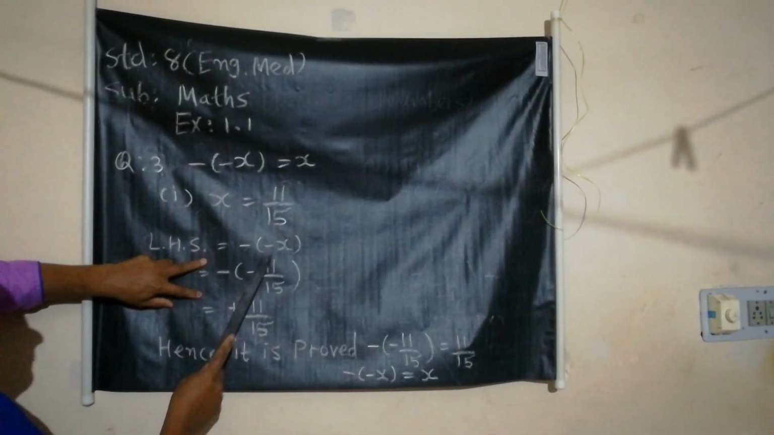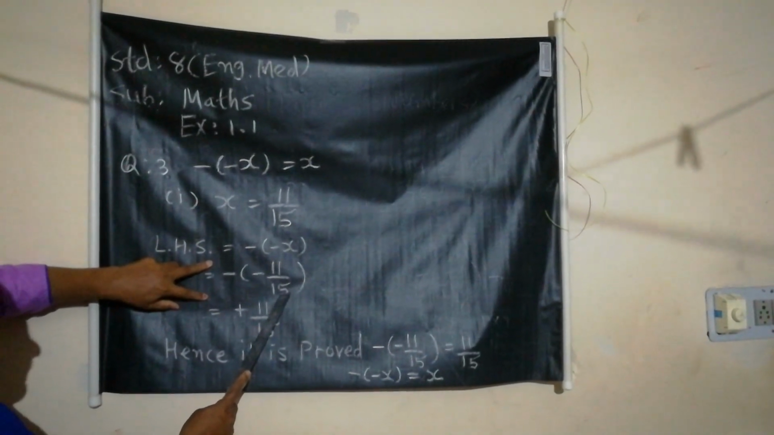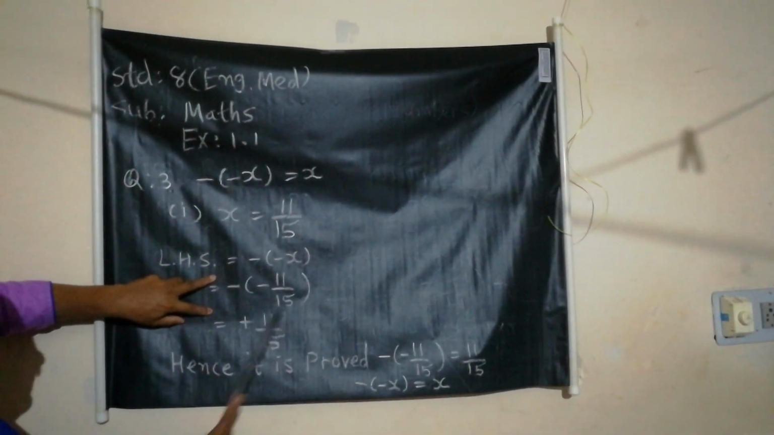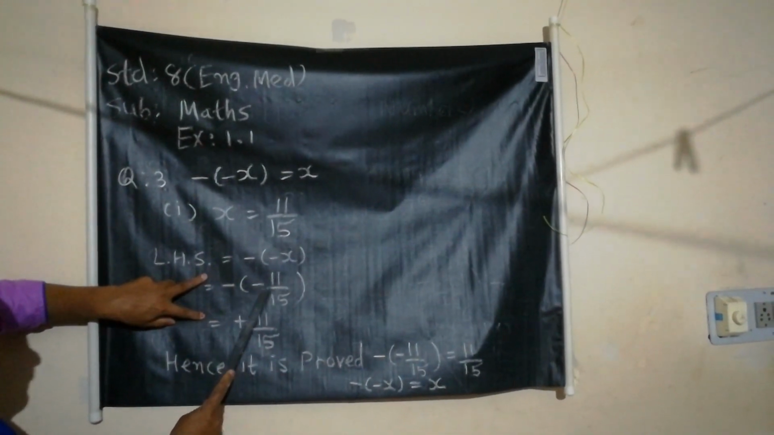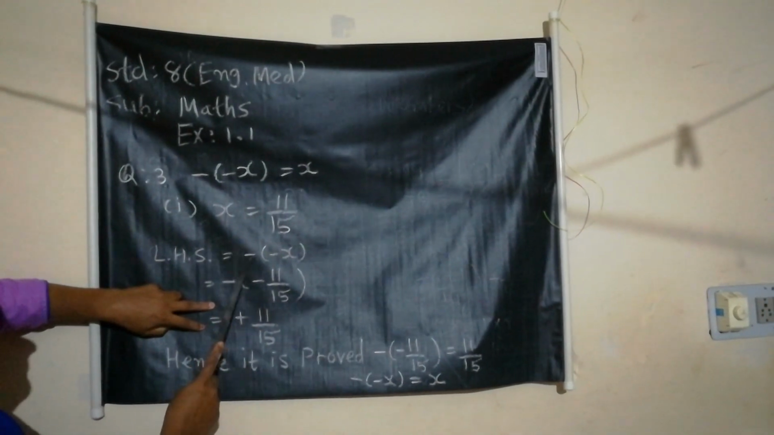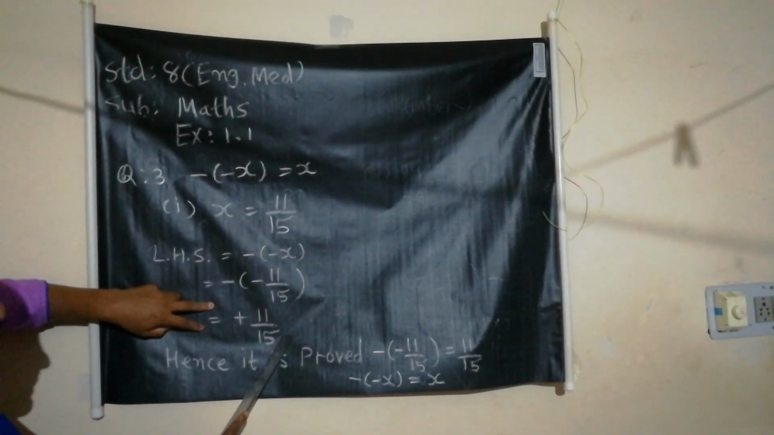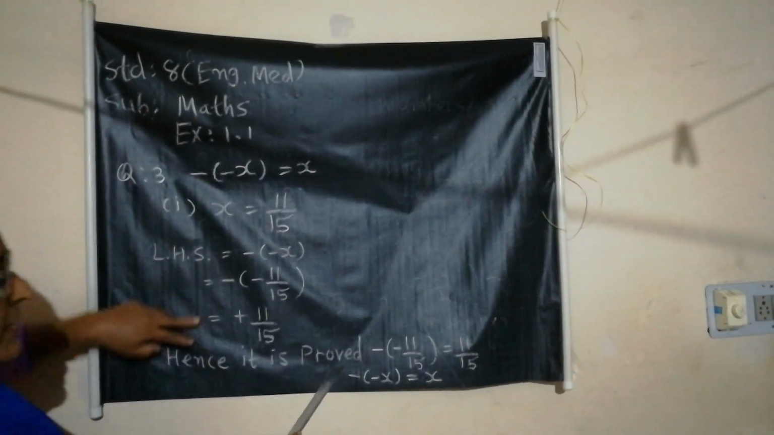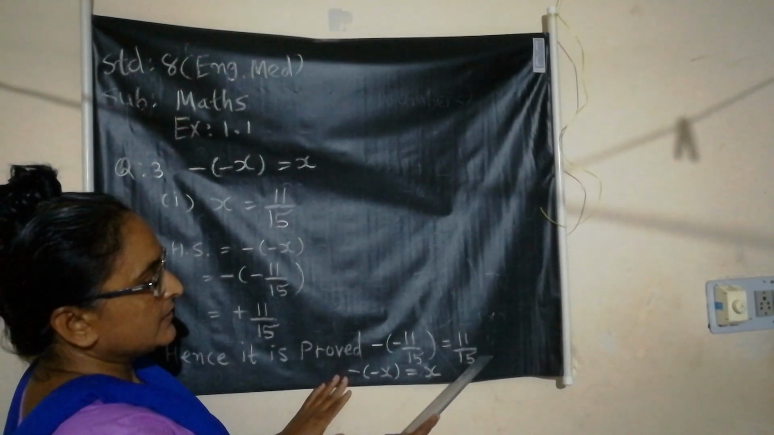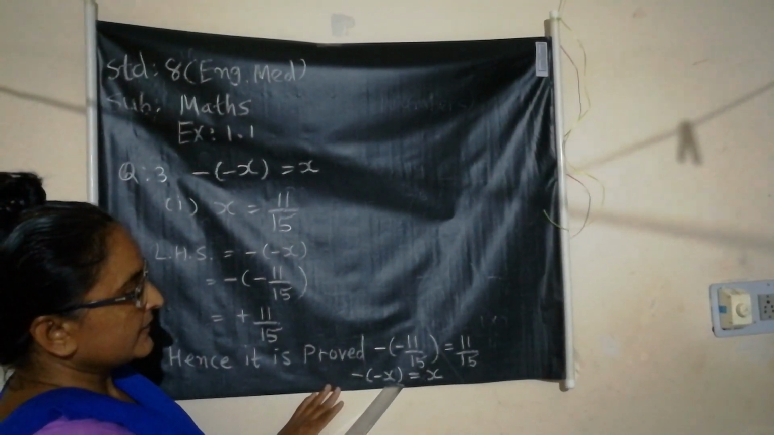Negative x, x equals 11 upon 15. Sorry, 11 upon 15, not 11 upon 5. Negative into negative is positive 11 upon 15, which means negative into negative x is positive x. Hence it is proved that negative into negative 11 upon 15 equals 11 upon 15, which means negative into negative x